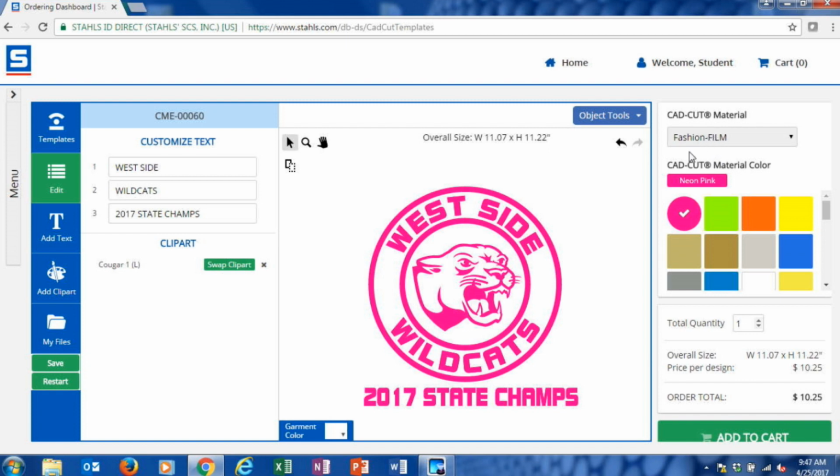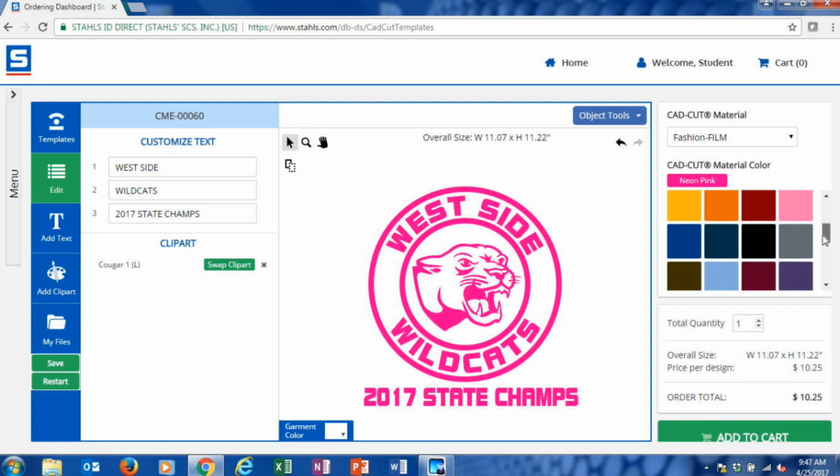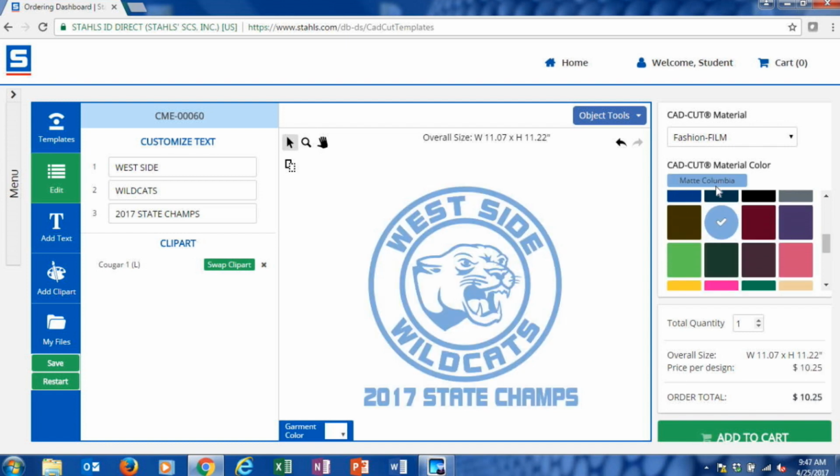Upon selecting whatever material selection you'd like, it populates that color list. All of the colors available will be displayed, and you click on them to read the color name and also to get the color change. As I'm making all of these selections, including changing the size, changing the material type, and changing the quantity, it generates a price. So to order a single piece of this 11 by 11 design, it's going to cost me